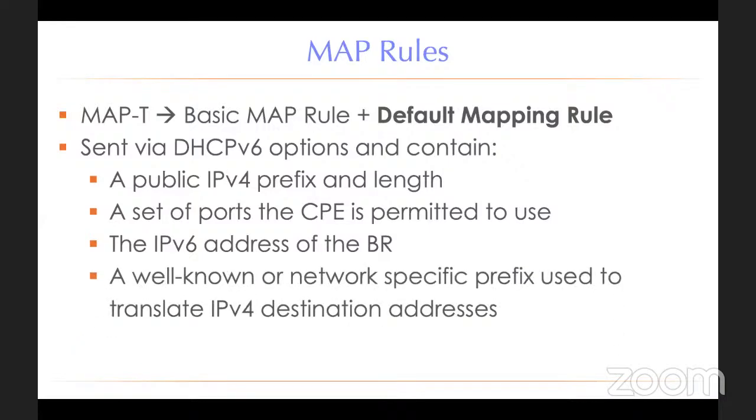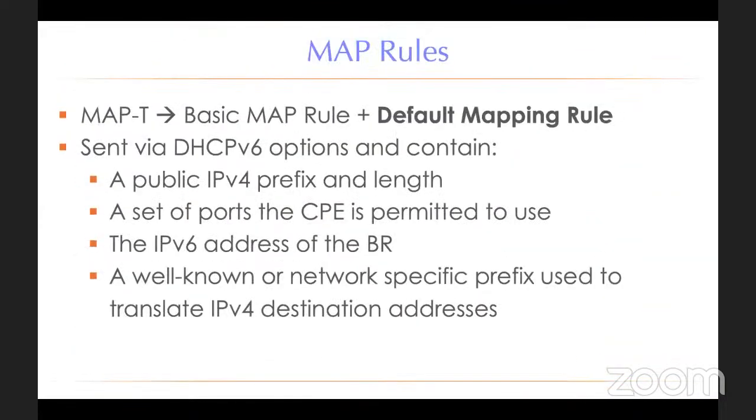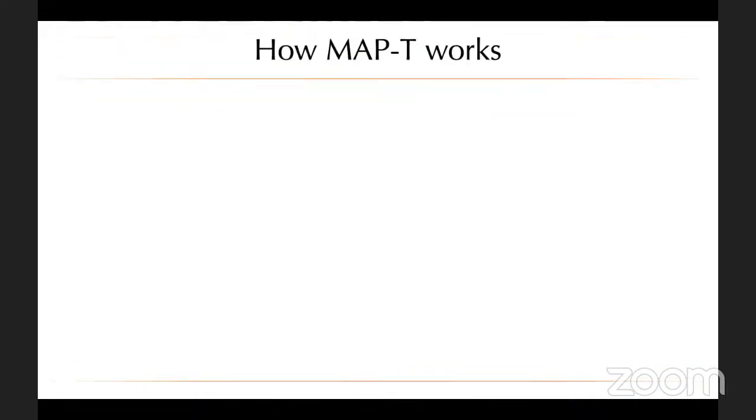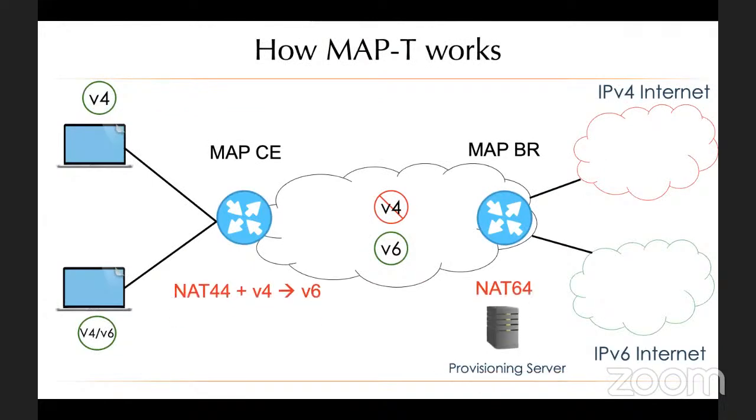We'll look at this in a short while. And the well-known prefix will be used to translate the IPv4 destination addresses. And you'll see why this is key in a short while. So similar to what we saw in MapE, the only difference right now is the translation, right? Instead of using